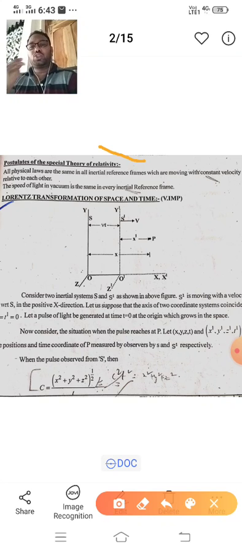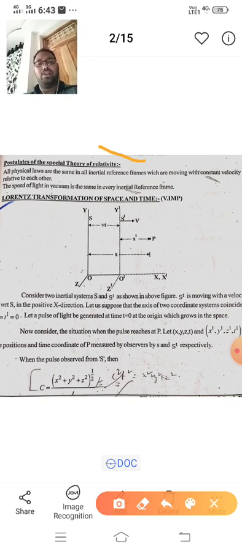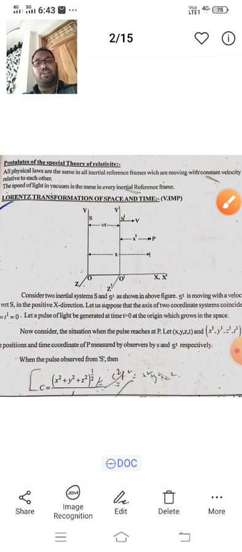So from these two postulates we can learn the Lorentz transformations of space and time. This one is a very important question. What are the Lorentz transformations of space and time? The Lorentz transformations are